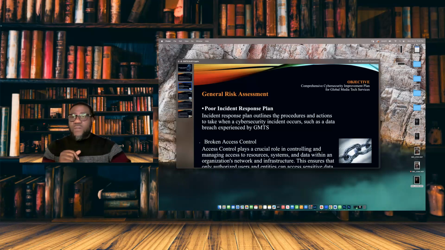Another thing that we found was that in that environment, people have what we refer to as broken access control, which simply means that people have lateral movement, have privileges to information that they don't need to have access to, or they have roles that are just assigned to them, and when they leave that role and go into other roles, they just carry that access along.